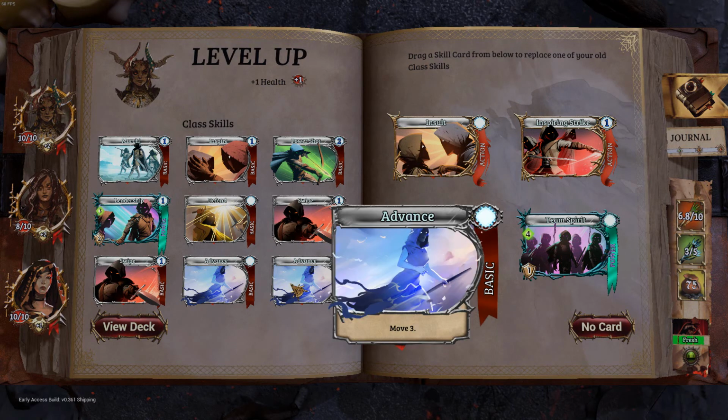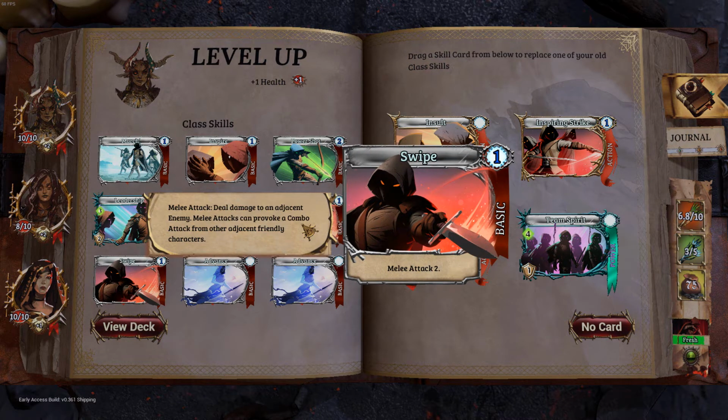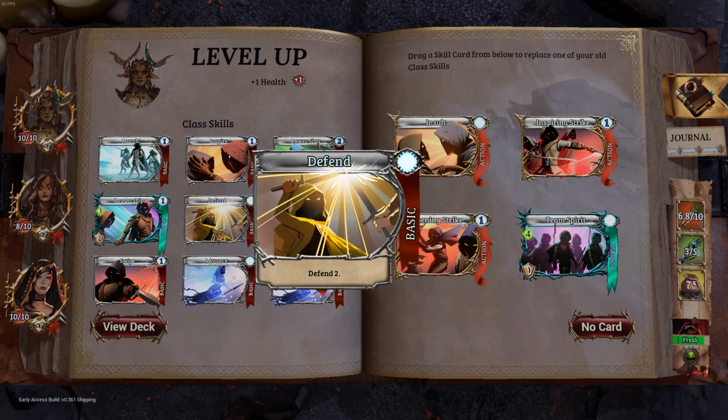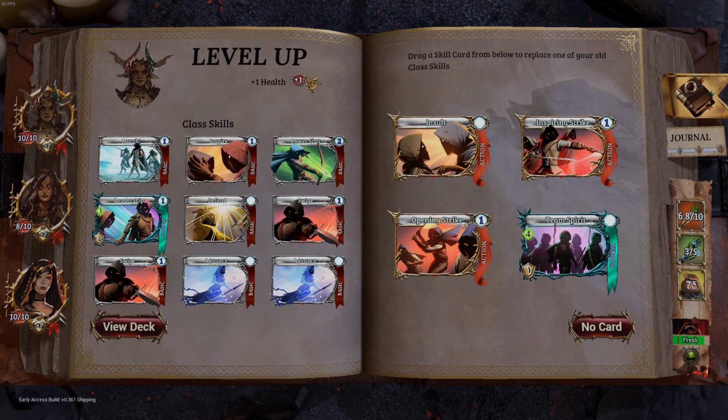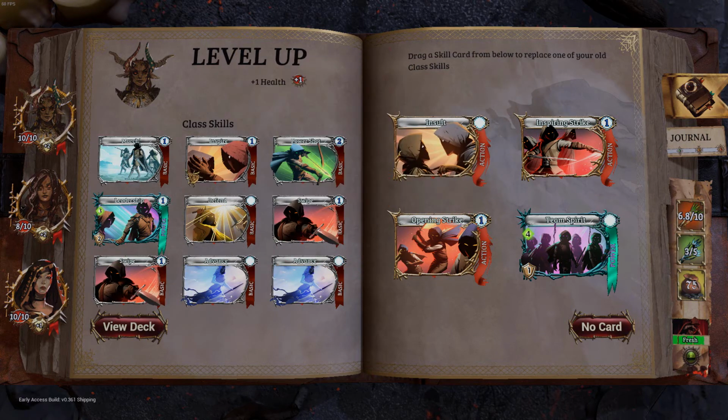Everyone has 2 advances, free, move 3. Everyone has 2 swipes, takes 1, does 2 damage. Everyone has a defend and a couple other class-specific cards. I could take one of these cards here and drag it and replace it, making her base deck just a